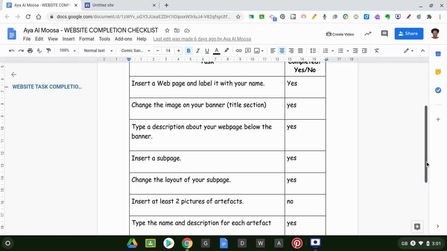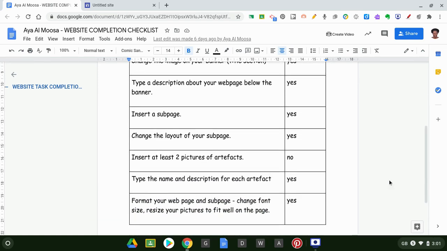But there's one task here that has not been completed. So all the tasks that have yes have been completed. The task that has no has not been completed. So what the student now has to do is go and check the task that says no. It says, insert at least 2 pictures of artifacts.